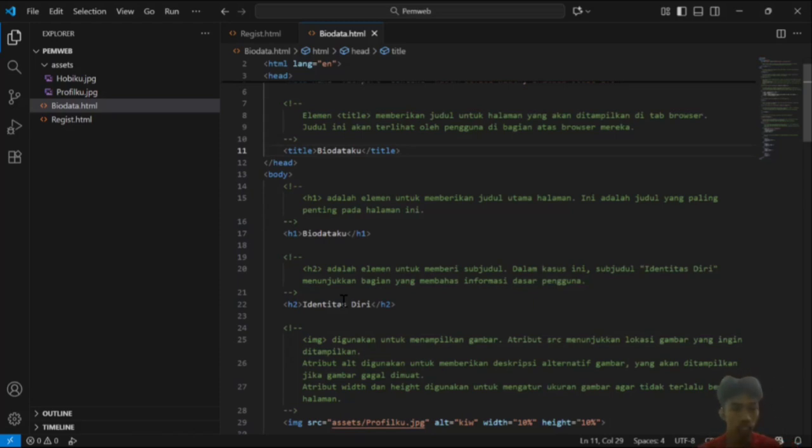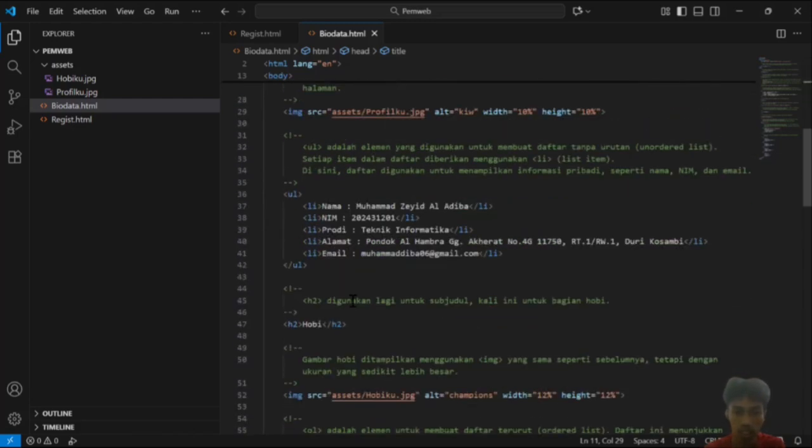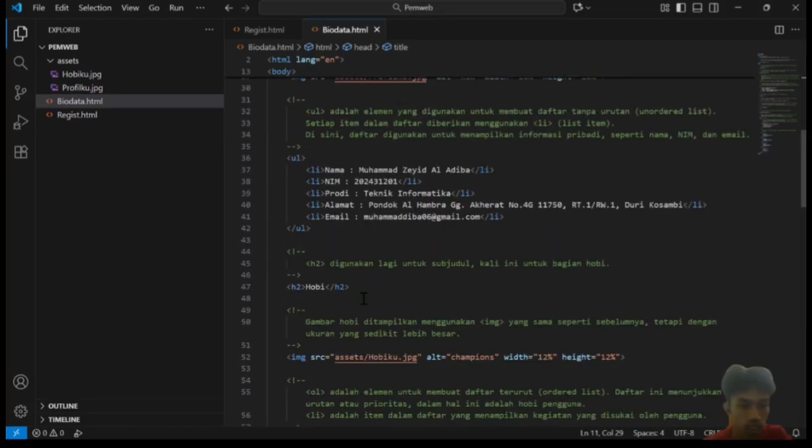The ul tag is used to create an unordered list. Inside it are several li tags, short for list item, each representing a line of the list that displays information such as name, student ID, study program, address, and email.